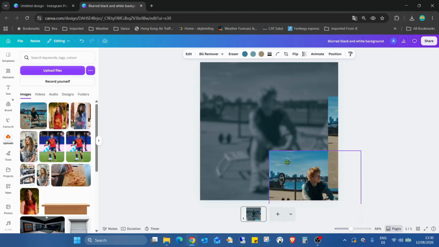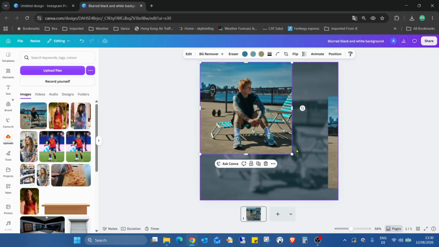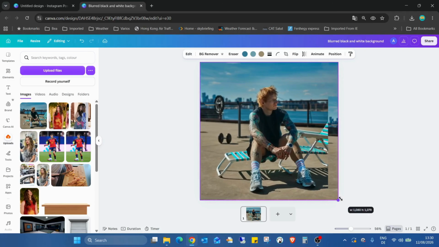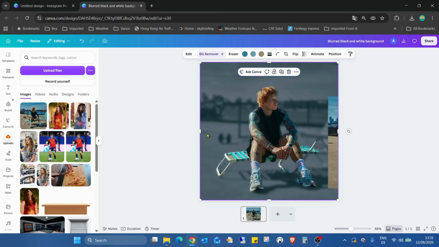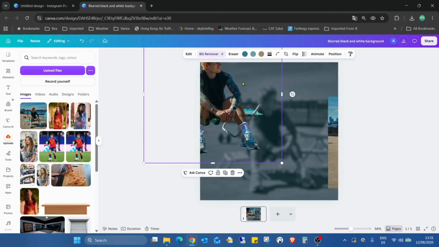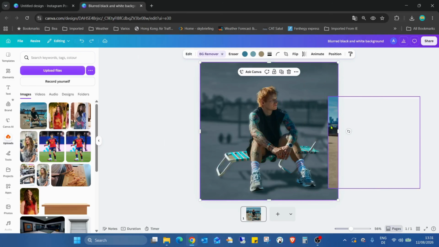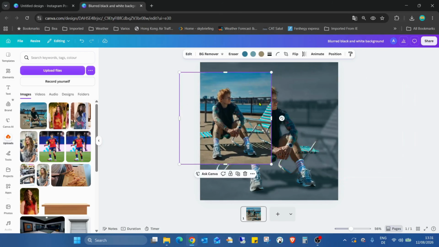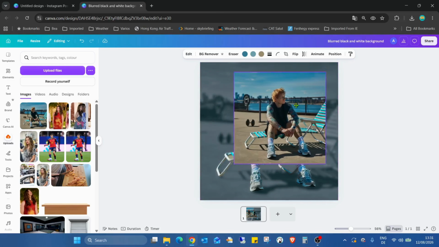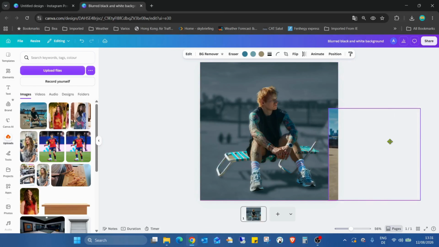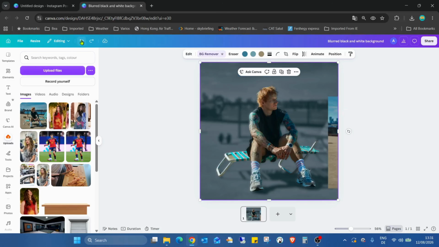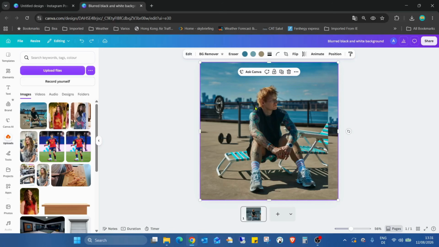So I will add this image to here, and as I mentioned, we need to remove the background. So I just remove the background, and as you see, this part of the chair is not in the image, which is not so good, I think. So I just add in the image back,